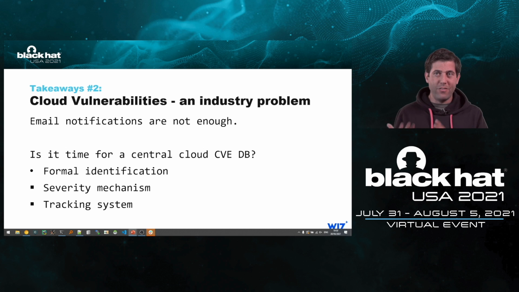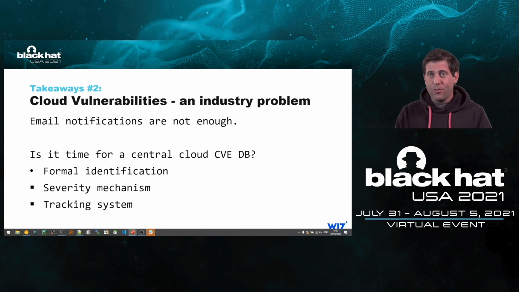Why did we invent the CVE system? CVE was a way to identify and create a central database for all vulnerabilities in code. Because before we had the CVE system, every vendor and every customer were managing code vulnerabilities in their own separate databases. So you could never understand exactly what vulnerabilities you have and what was fixed.